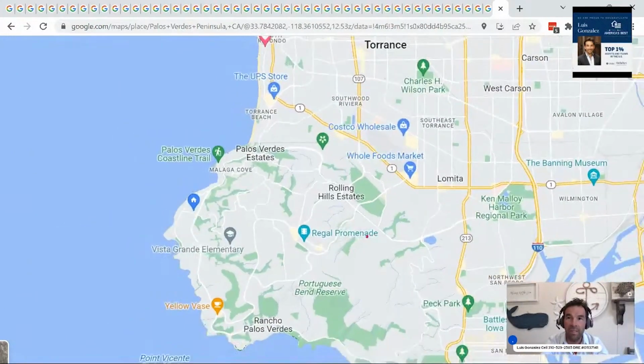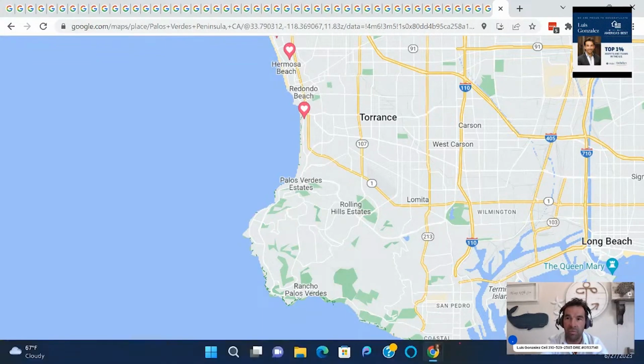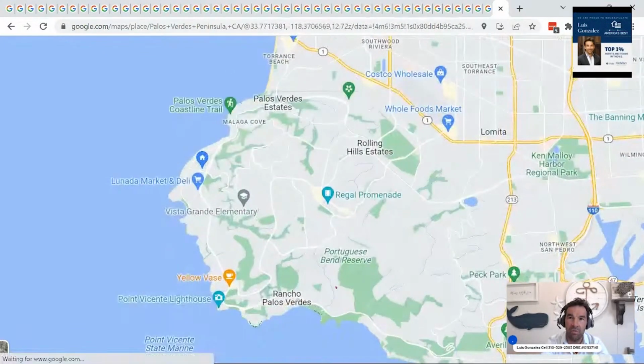And just basically, this is what the peninsula is. It covers, let's say, from Pacific Coast Highway down to about Western, all the way down to the coastline. And then you have Cabrillo Beach and San Pedro, which is right here on the coastline as well. But we'll be covering this area, which includes